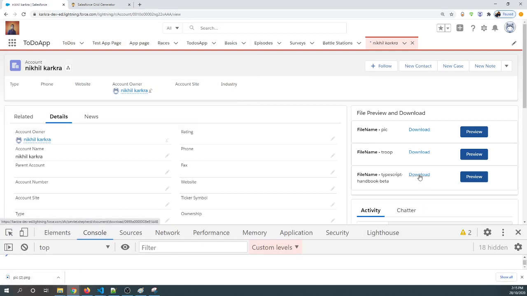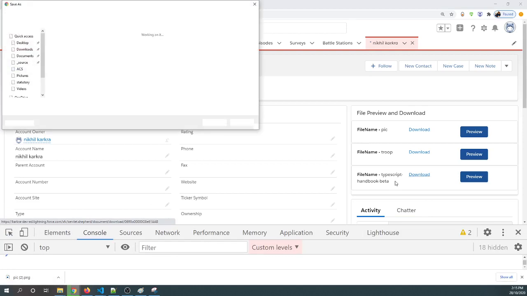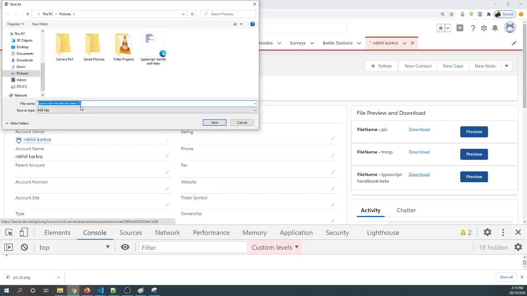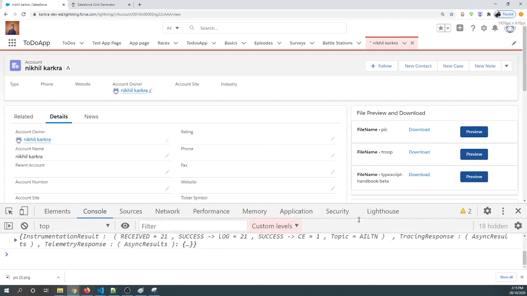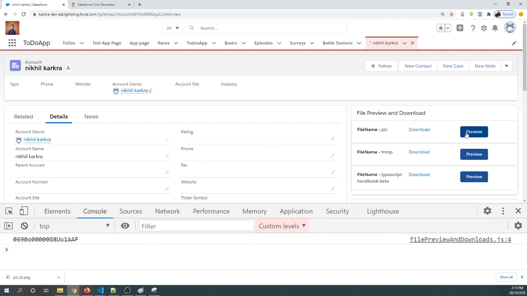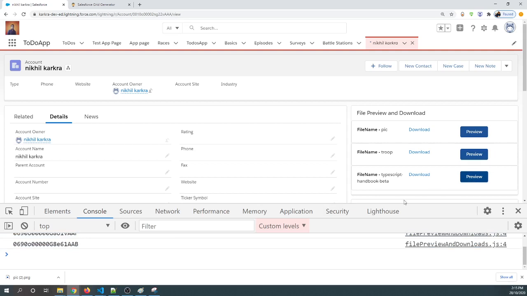Similarly, if I click on this PDF file, a very big file, it's also asking where you want to download this. Right, so download is working totally fine with the single keyword in the A tag. But now let's see what about preview. I'll clean my console, I click it here. Now you see it's giving me the file ID. If I click it here, it gives me another one. If I click it here, it gives me another one. So at least we are getting the file ID. Now we want, on click of preview, this file to open in the browser itself.